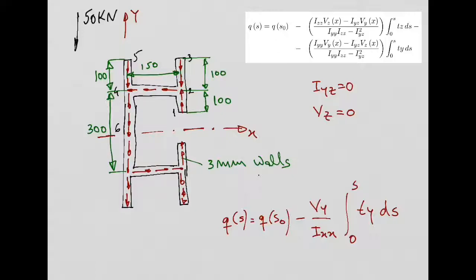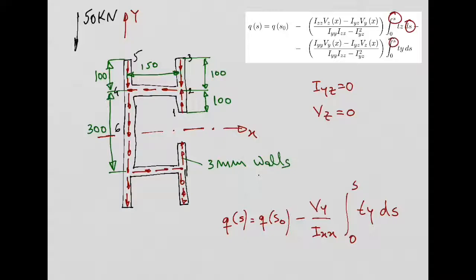So basically, we applied this equation first on a very simple example. I don't know if you remember, a rectangular cross section, getting the distribution of the shear flow and shear stress on the cross section, and then we moved to this more complex cross section here, where we basically defined the local variables S,